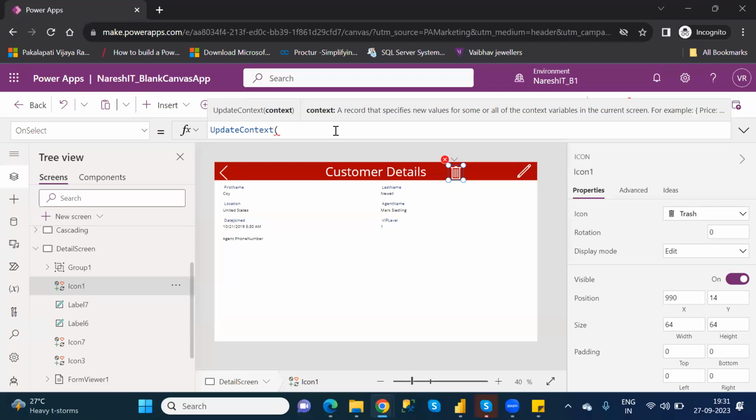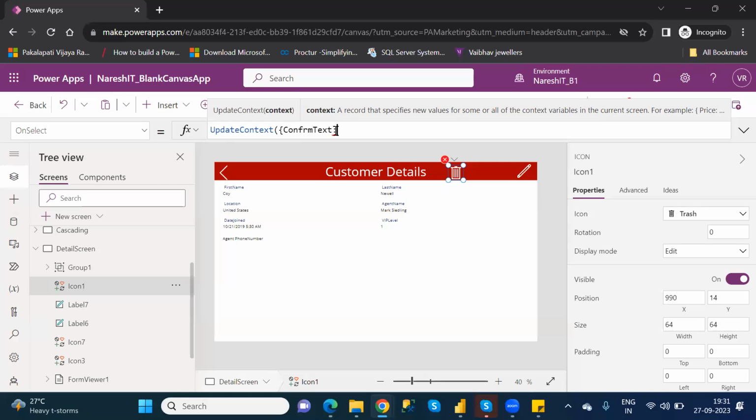I'm just giving it a name. See, you have to give a proper name. Confirm text. This is the thing.